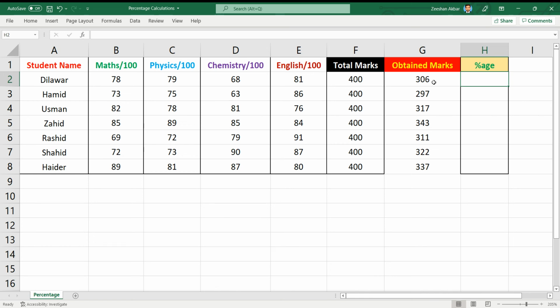Simply, we can know what the formula for percentage is. The formula for percentage is the obtained marks divided by total marks multiplied by 100. If we apply this formula, we will be able to calculate the percentage for each student. So let's go with this formula. The equal sign activates the functionality of Excel